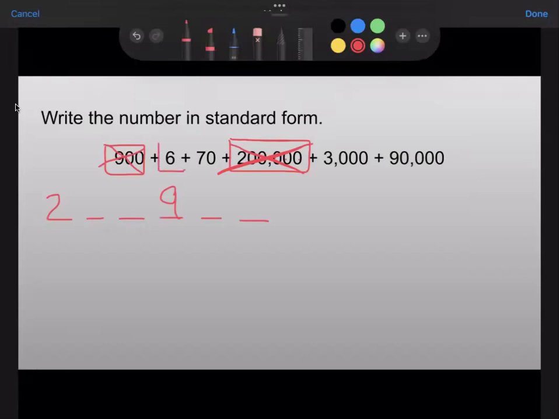Now there's a 6 with nothing after it. So that means it's in the ones place. So I could put the 6 right here. There's a 70, which has 1 zero after it, means it's in the tens place. So I could put that right there. Then my next one over here is 3,000. So I could put a 3 in the thousands place, which is over right here. And my last one is 90,000, or 9 in the 10,000s place. So once I've put that all together, my number ends up being